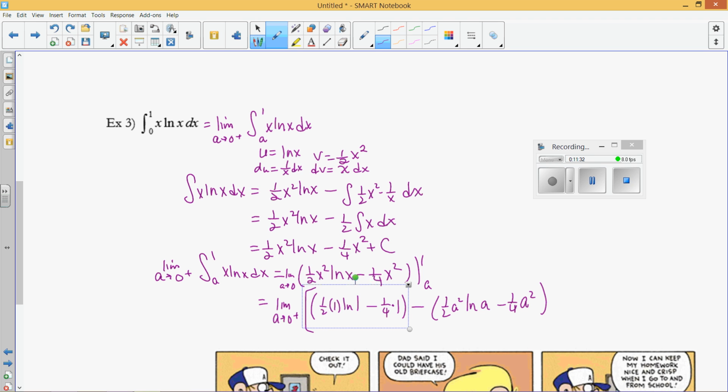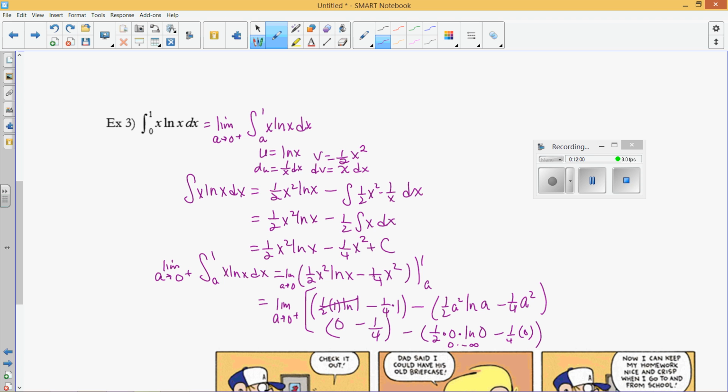All right, so this 1 half 1 ln 1, that goes to 0. Yay, I can evaluate that piece. Minus 1/4. Now, if a is going towards 0, this is going to be 1 half times 0 times ln 0 minus 1/4 times 0. Aw, nuts. I've got 0 times ln 0, which is like 0 times negative infinity. So we need to do